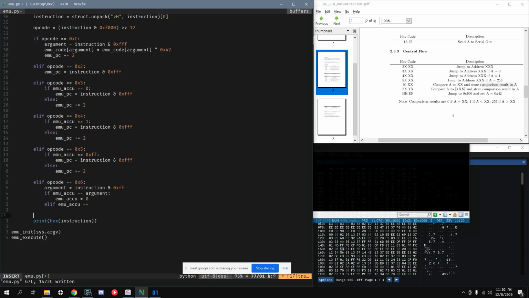What will we print if else? Else will print segmentation fault. So if the emulator accumulator is less than the argument, then the emulator accumulator is equal to 1. Elif the emulator accumulator is greater than the argument,